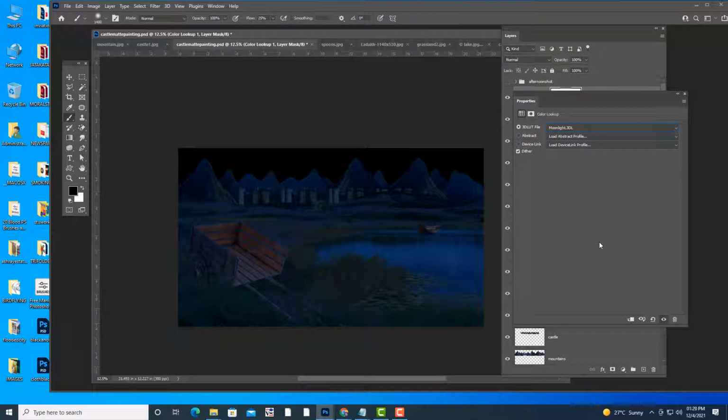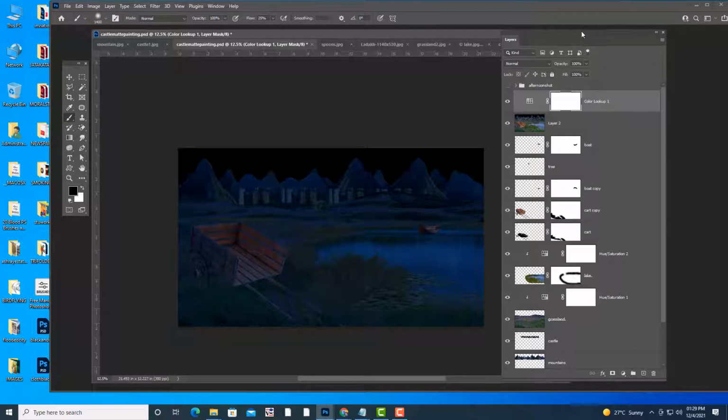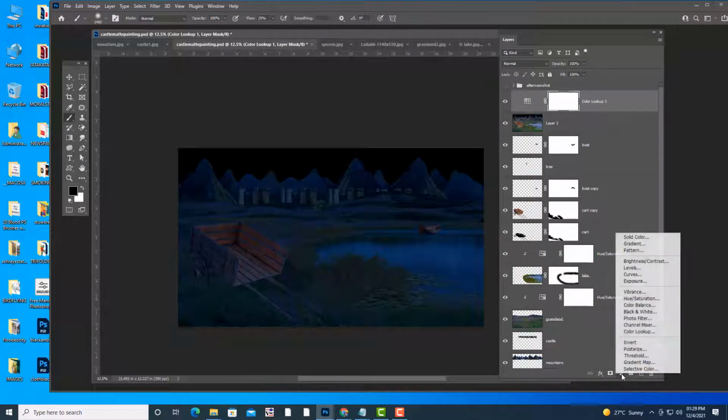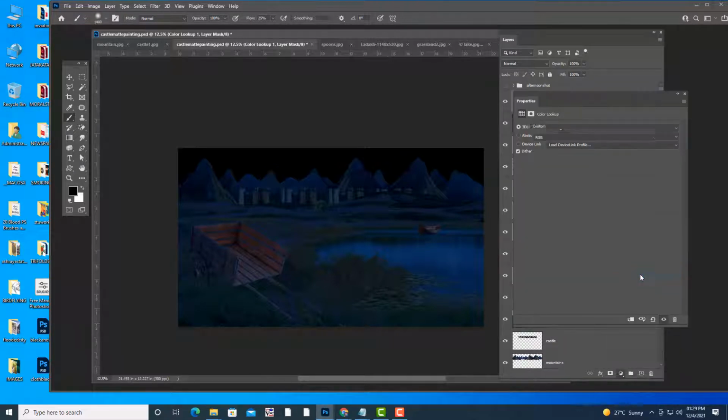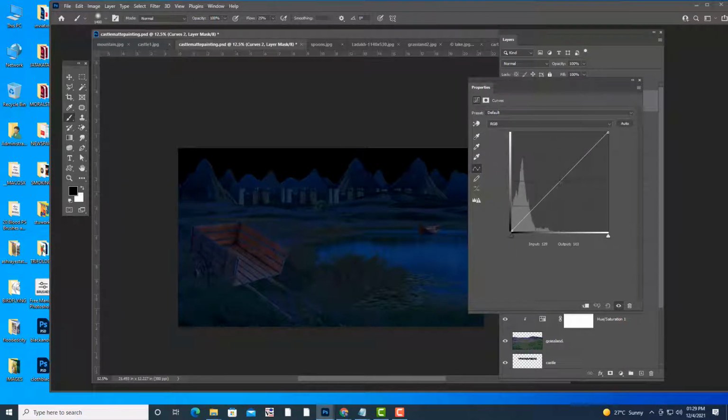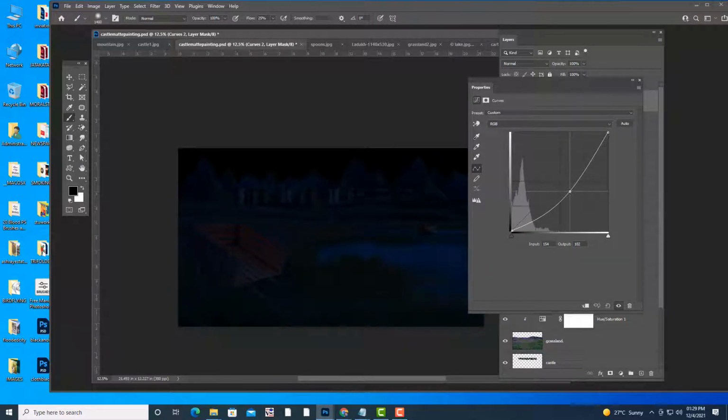Okay, see the moment you selected, now it is a little bit dark. Okay, now we'll make it more dark. So how we can do that? See here, I'm going to just apply one more curves adjustment layer to this. Okay, and then we will reduce the brightness. So something like this. Now it is going to look like a night scene.